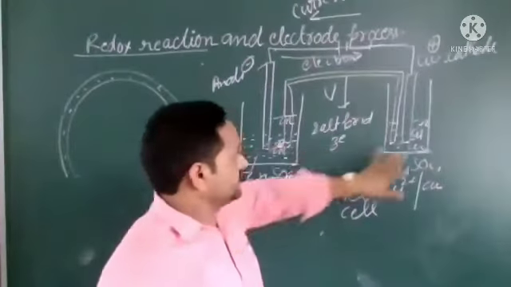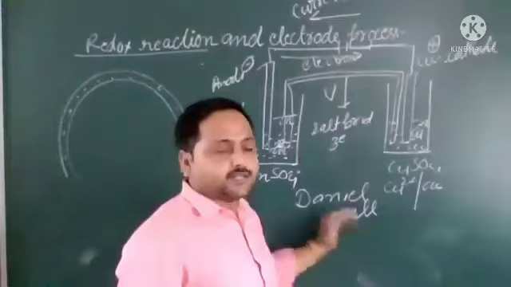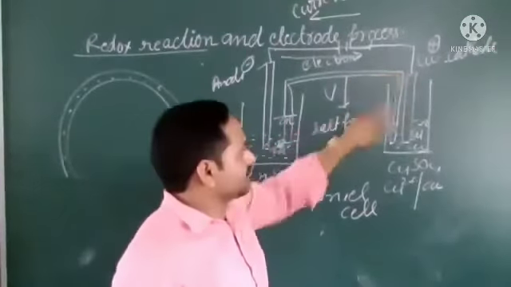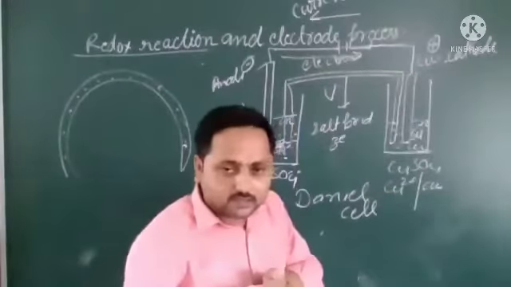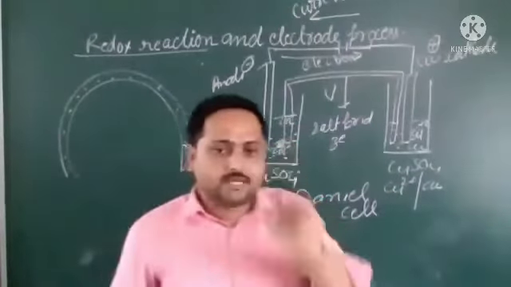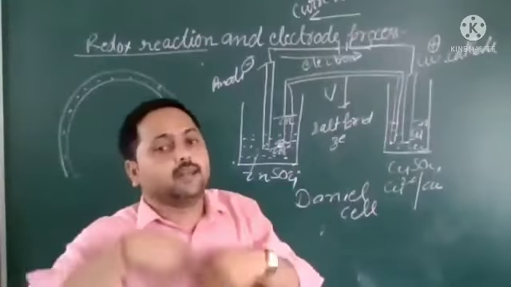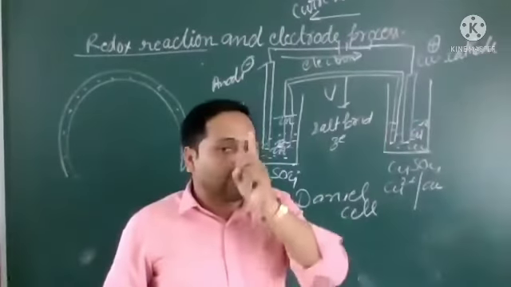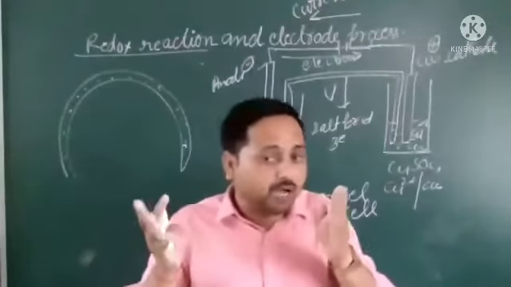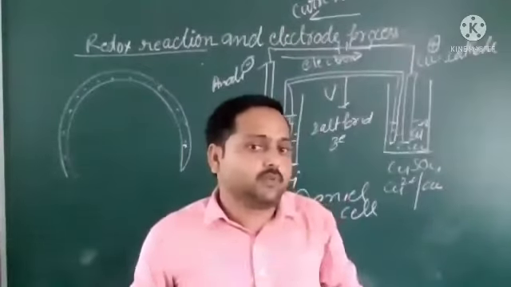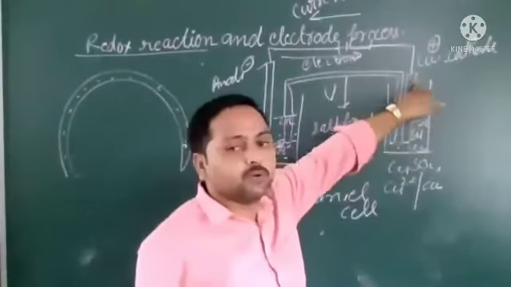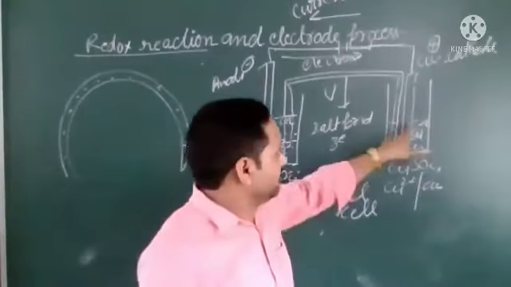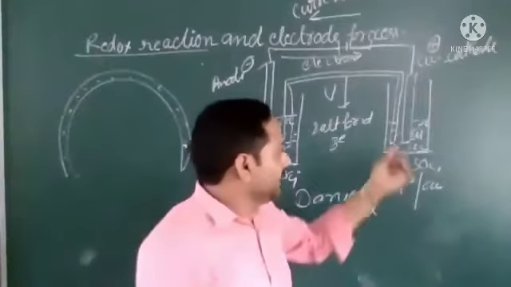One more time here: this whole system is called the Daniel cell. This is the complete cell. The function of this is to maintain the ion balance in the cell. It can absorb electrons and provide electrons, and when we put on the setup, we will not see the flow of current in the normal way. We see current flow through this pipe, and current flows only when both half cells have a potential difference. We say electrode potential, and if both have a difference in electrode potential, then current will flow.